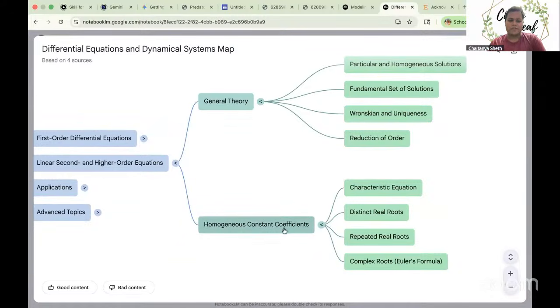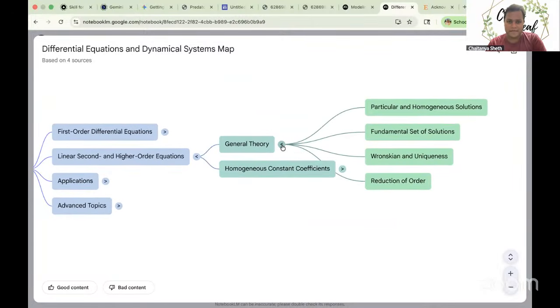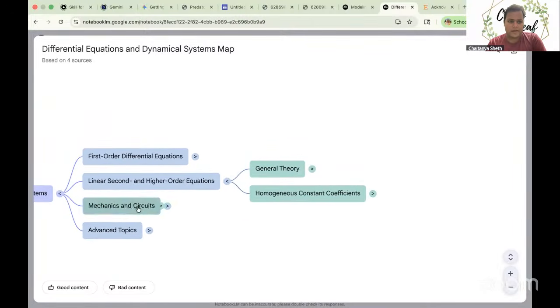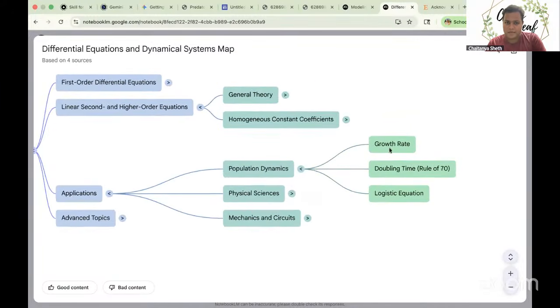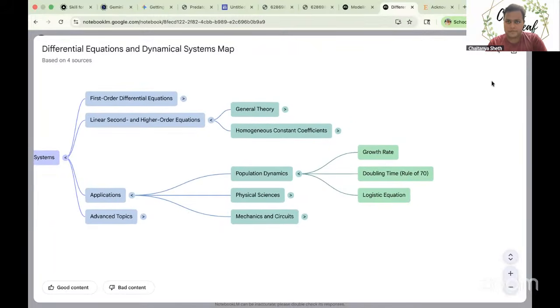The simplest one, homogeneous constant coefficient. Then we have this characteristic equation. In that characteristic equation, there are these cases, etc. Those things are covered very nicely. And in applications, they again talked about growth rate, logistic equation, etc.